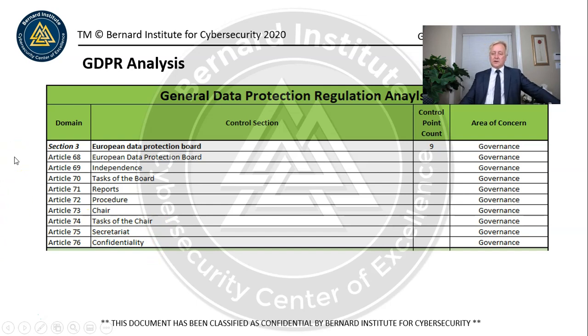Now, normally when I set up the governance committee within the enterprise or the organization for cybersecurity, we have a terms of reference. And in the terms of reference, it defines all of these things. The roles and responsibilities, the inputs, the outputs, who the chair is, how often they meet, all of these types of things are defined in the terms of reference.